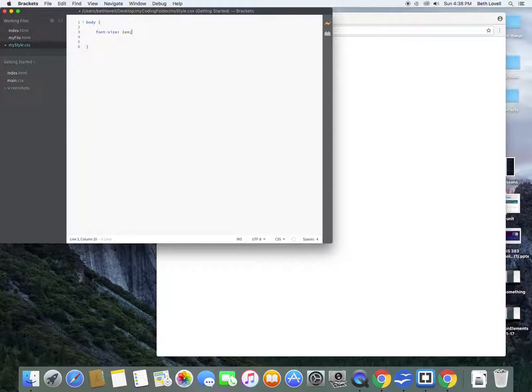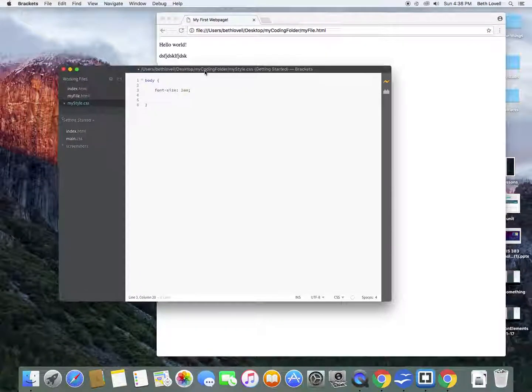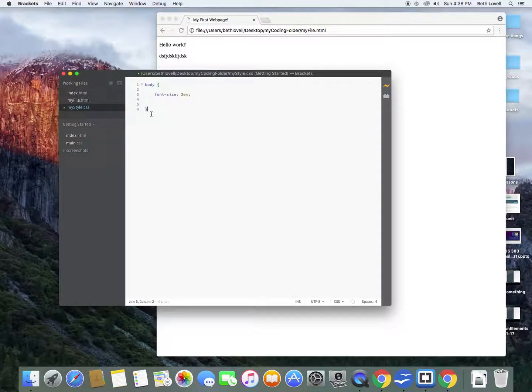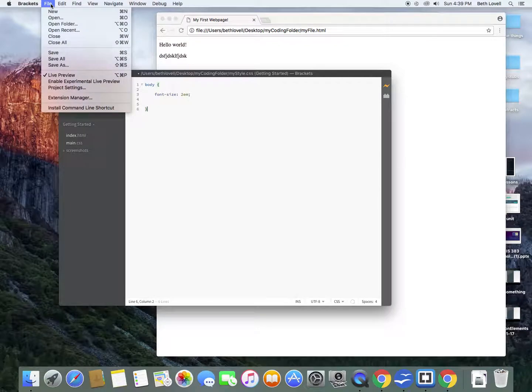If I used pixels, it would always be that particular size. It wouldn't change depending on the display type. But if I choose ems, it's going to be relative to the default size on that particular device. So that's a little bit better way to use. And points is more for print anyway. So this will change the font size. So for right now, I see a regular font size, and I'm going to just go ahead and go File,